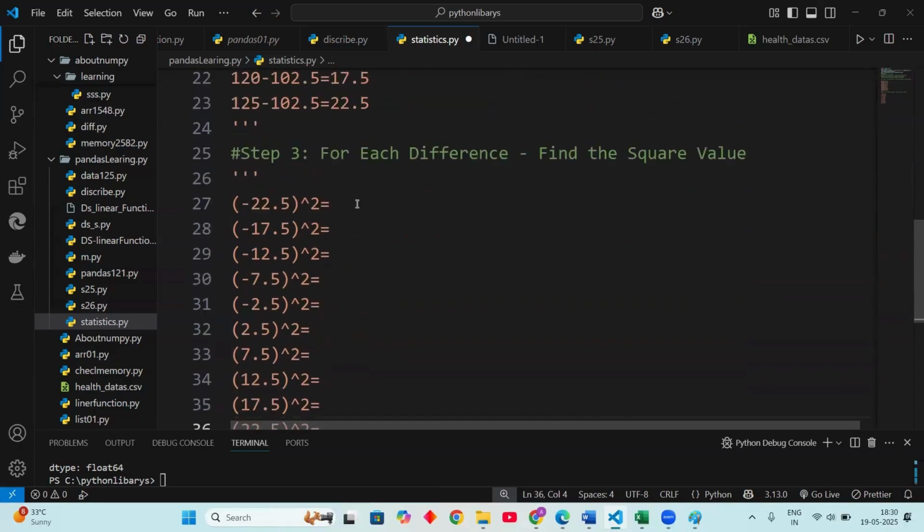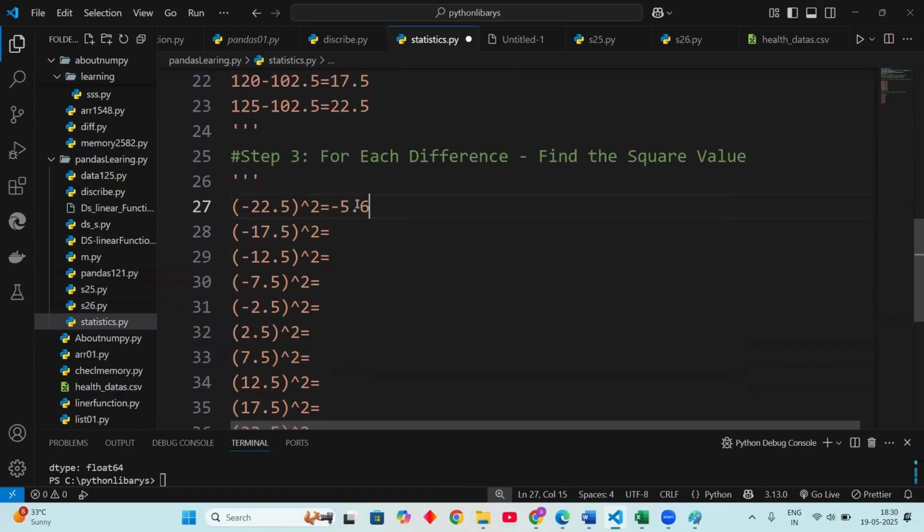We want to do the square of all these values. Right. For the first value we got 506.25. For the second value, we get minus 3. On doing the square function, all the minus values become positive, right? The minus gets cancelled by doing the square of every digit. Okay, now the 17.5 whole square, the answer is